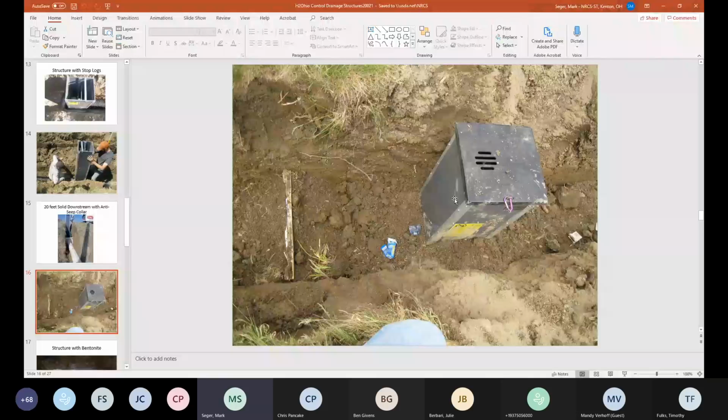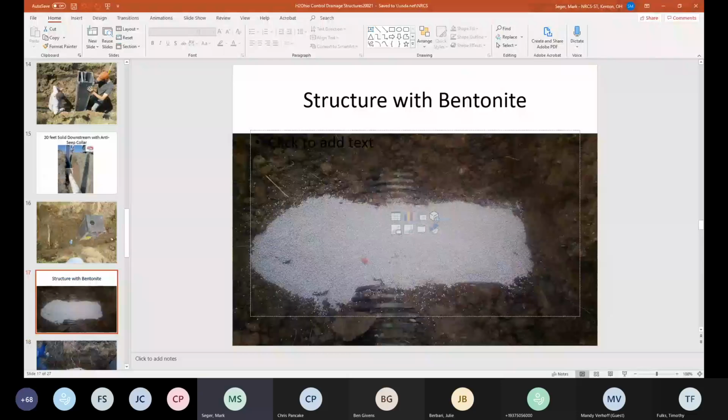Here's a structure with bentonite going in instead of that anti-seep collar. Again, the easiest way to do it is put some dirt on the downstream side, the upstream side, and then pour the bentonite seal. Basically what this stuff does is it's a clay. When it gets wet, it swells and creates a good seal around it. Again, I like to see this go underneath the pipe to the edges of it, into the bank a little bit, and then up above the pipe. Even on the plans itself, it says a good foot above the pipe. This isn't quite there, but we really want to create a good seal to limit the flow path for water,